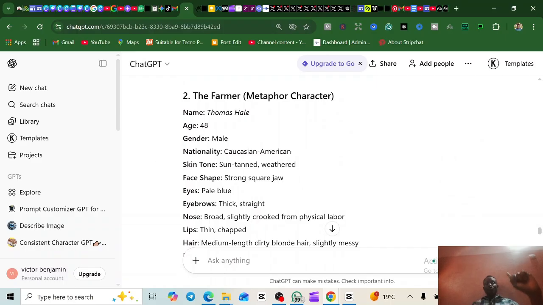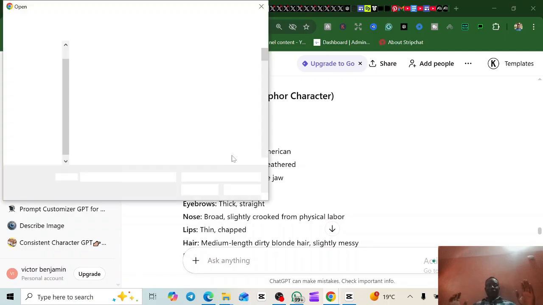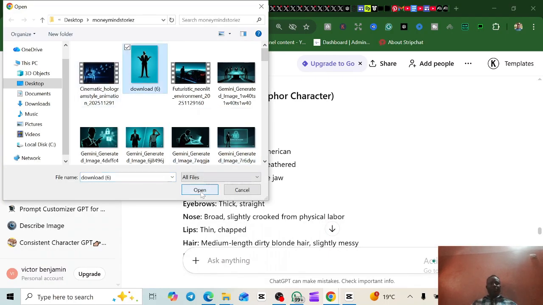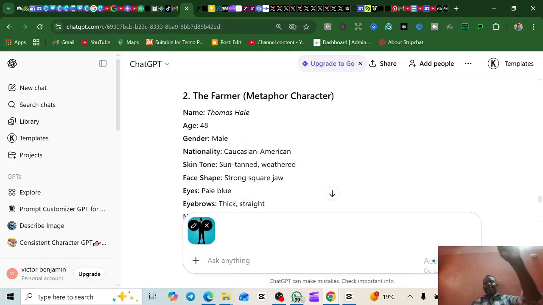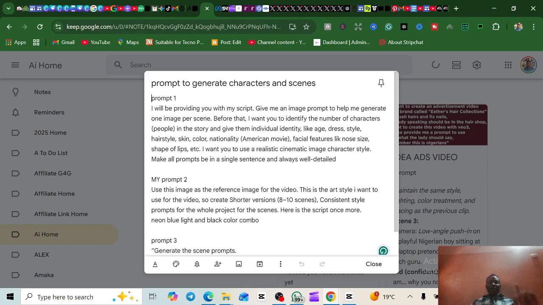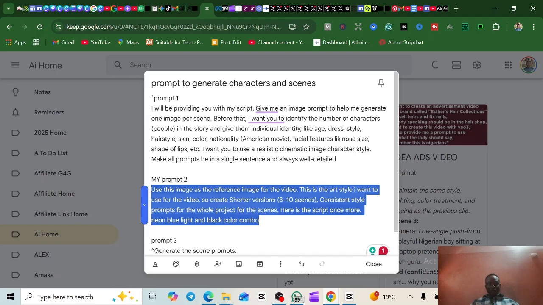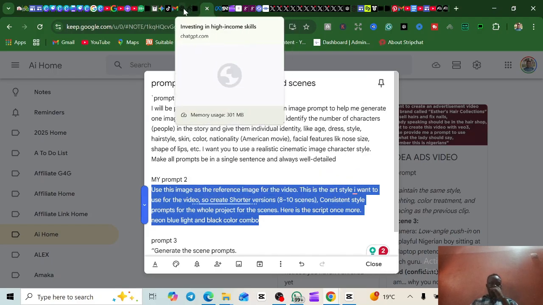Now what you're going to do is to come here, right? Remember we downloaded the image, right? That's our figure. You're now going to upload the style here. When you upload the style here, the next thing you're going to do is to copy this script. It's also going to be around the video or under the description. Yes, copy this script, this prompt too. Now use this image as a reference, right? Just copy it, and then you take it back to ChatGPT.